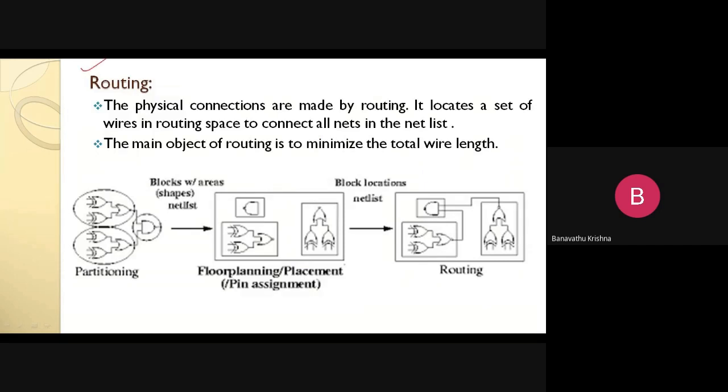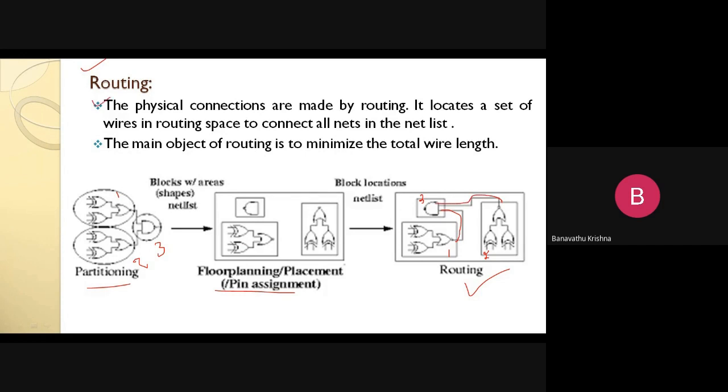And coming to the routing connection here, this is the partitioning diagram and this is the placement. After placement we are going to be making the connection. Let us see here, there is this module 1 and this is module 2 and this is the module 3, like this. Suppose I want to make the connection here. Let us see the module 1 and module 2 and module 3. I want to make the connection by the shortest path in that way, right? This is the routing connection, right?